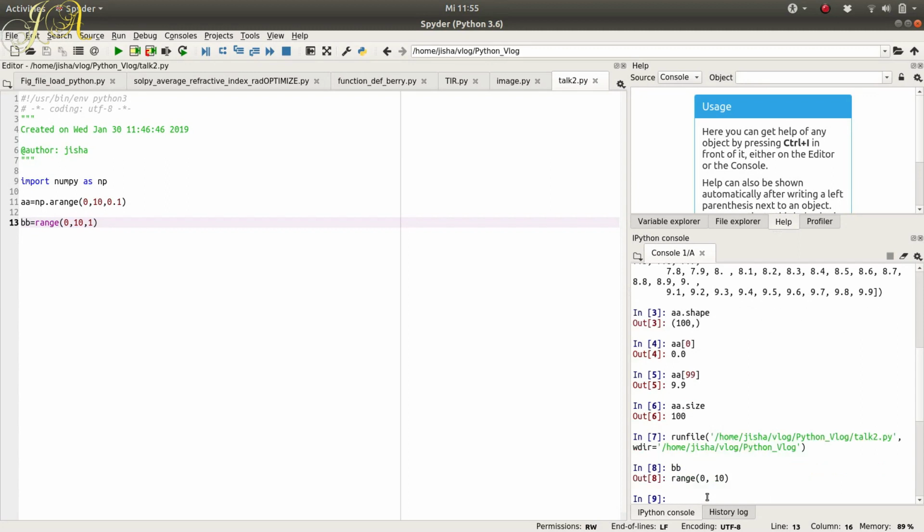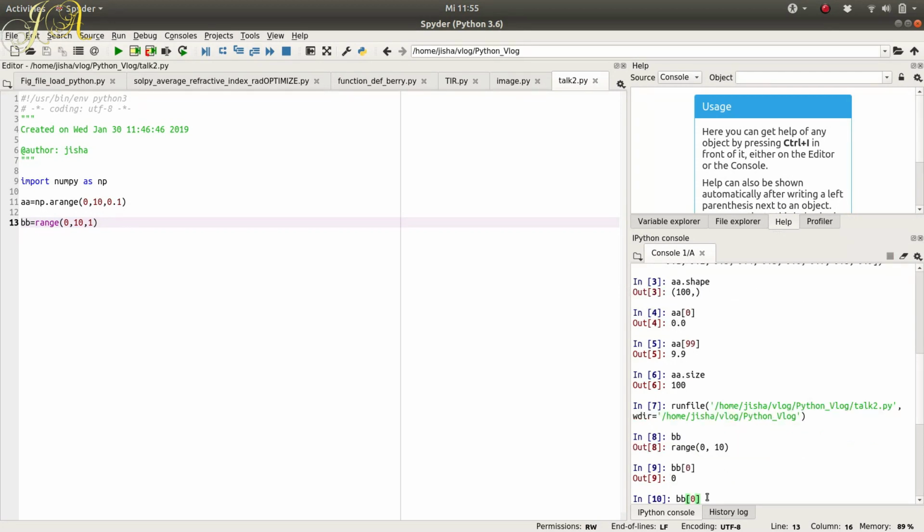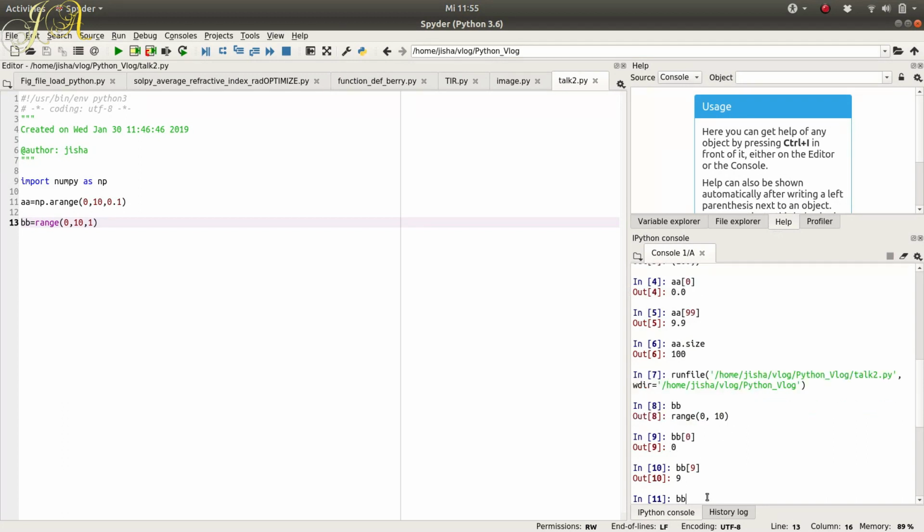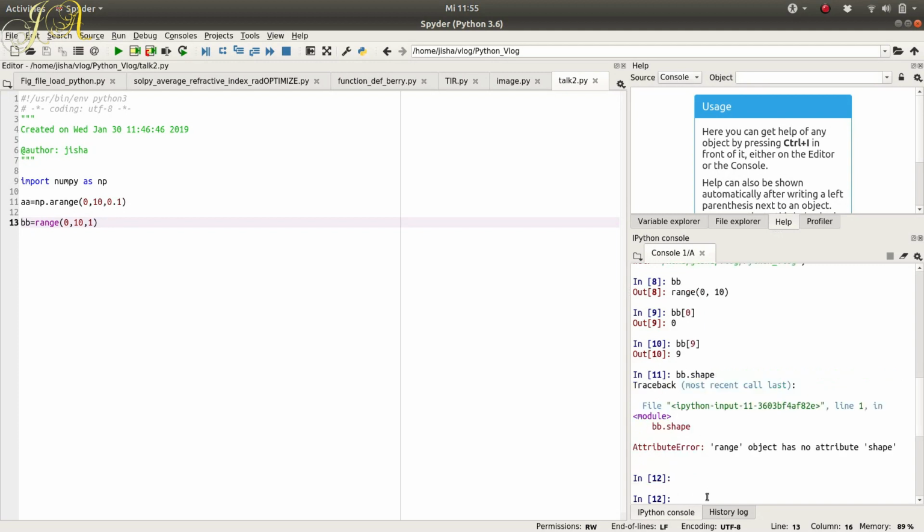It gives you like this, and you check what are the elements. BB of 0, which is 0, and BB of 9, which should be 9, and you can check the shape. Okay, this does not have a shape because this is not an array. So here you cannot use it. If you use the inherent function BB range 0 to 10 in steps of 1, if you're using this function,